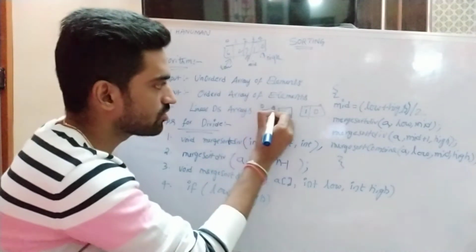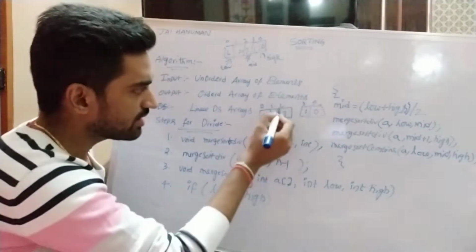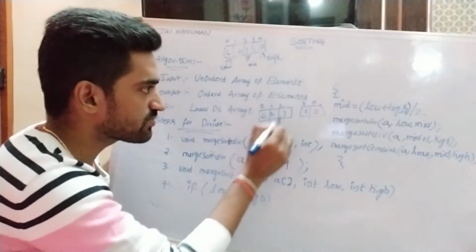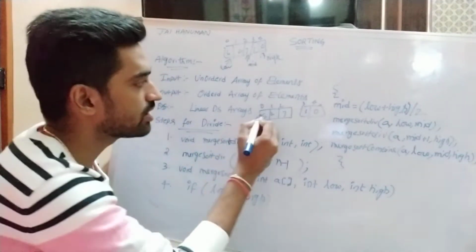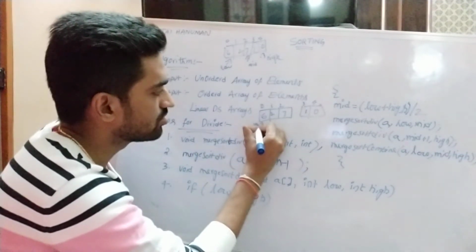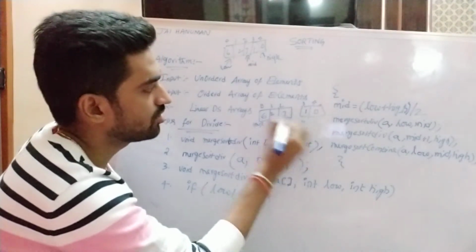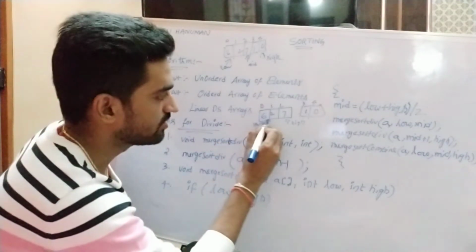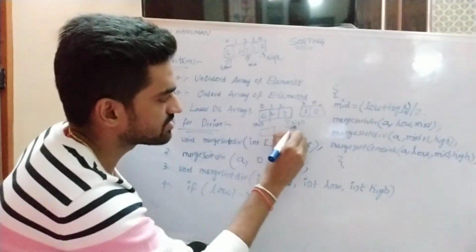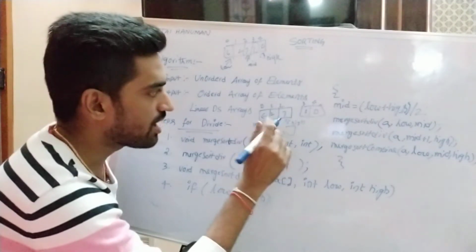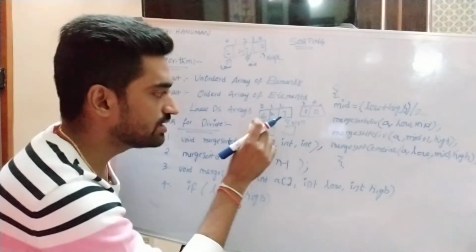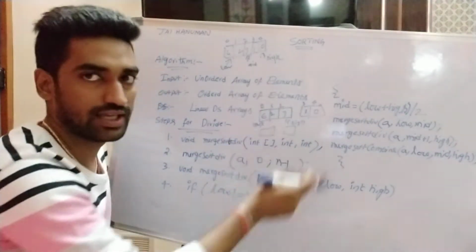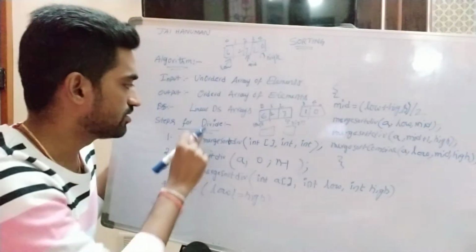So now what is the value? 0 1 2 3 4, right? Again we are calling this function, and for this function I am checking the condition low not equal to high. So this is low, this is high, low not equal to high, then we are calculating the mid position, 0 plus 2 by 2, which is equivalent to 1. Again we are dividing into left subarray and right subarray, right? So until we get the individual elements, we are applying this procedure recursively. So that is the procedure for divide, right?